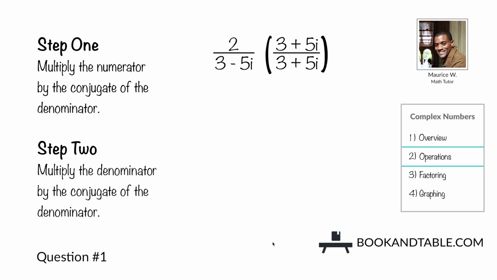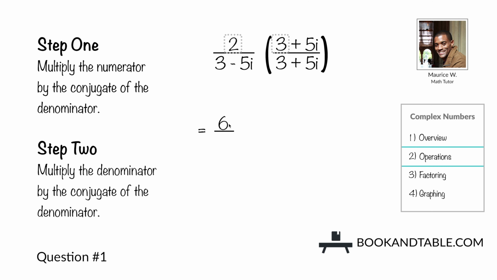Question number 1. We're asked to find the quotient of 2 divided by 3 minus 5i. Step 1, multiply the numerator 2 by the conjugate of the denominator. Since the denominator is 3 minus 5i, the conjugate is the result of switching this minus to plus. So the first step, multiply the numerator by the conjugate of the denominator, 3 plus 5i, would give us 2